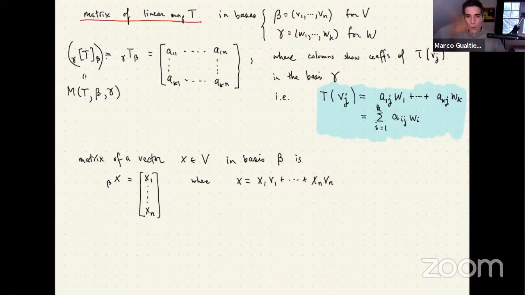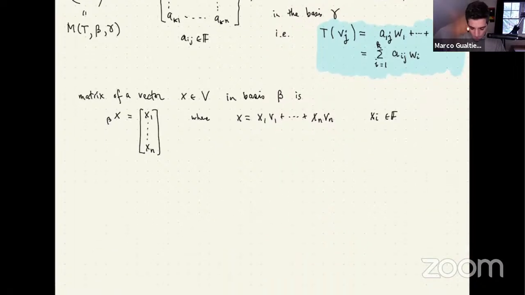So I hope that it's clear. Some of these things should be clear, some will not be clear. The thing that's clear is that any vector, I can expand it in terms of a basis and describe it in terms of n numbers in the field. Here the x_i are in the field, of course. But why do I put them this way? Well, to explain this, I'll just write,